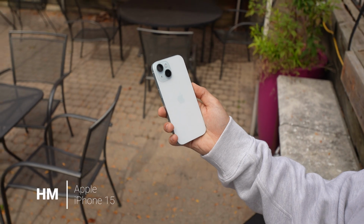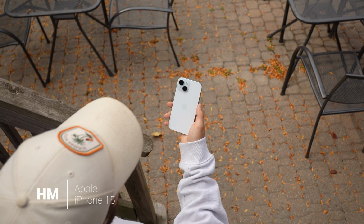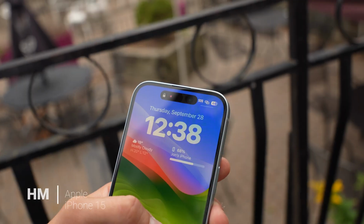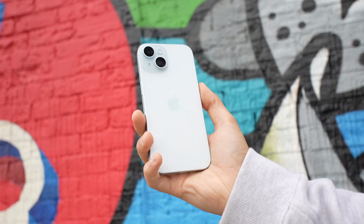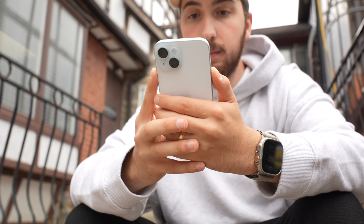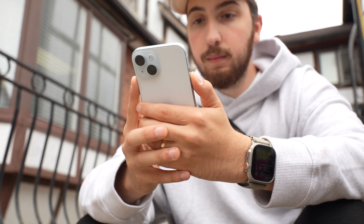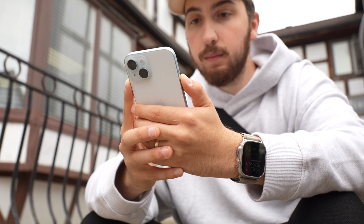And the base model iPhone 15, this is the first time that I felt like Apple's really given this lineup an upgrade since the iPhone 10. Dynamic Island was added, that glossy cheap feeling glass was removed, USB-C, a better main camera, and last year's Pro chip really did wonders for this phone at its price point. I just wish that we had at least gotten a 90Hz refresh rate display,